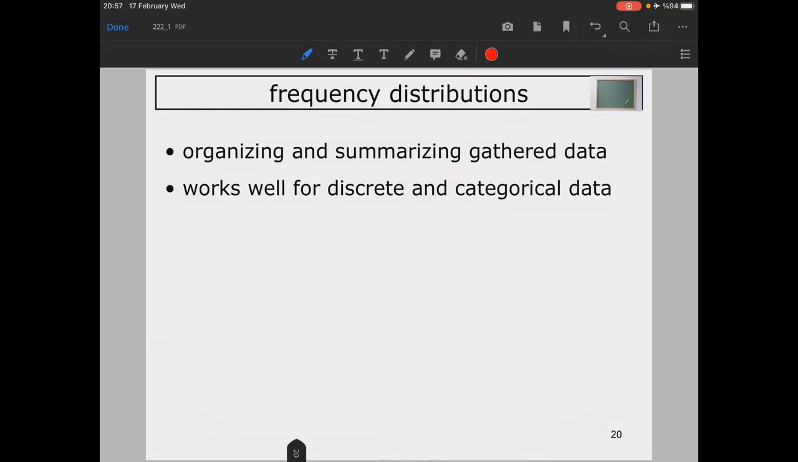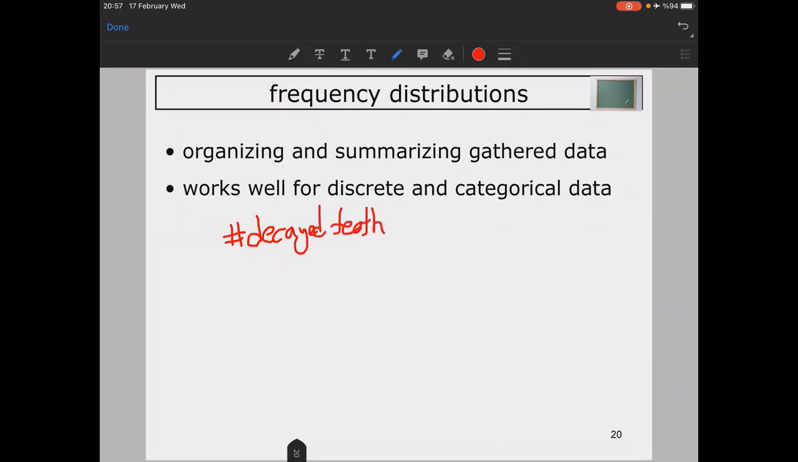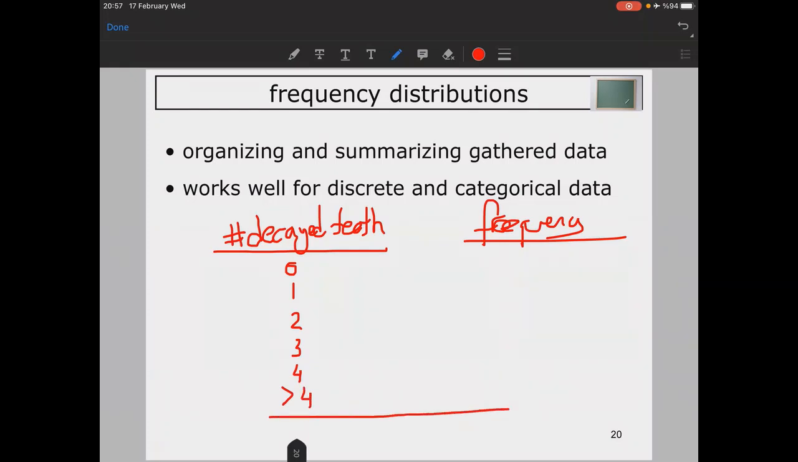Like let's just imagine the number of, for example, decayed teeth, in a health scan between the children, for example, and the frequency of those occurrences, and you can say that it can be either 0, 1, 2, 3, 4, and okay, more than 4, for example. Okay, these are your